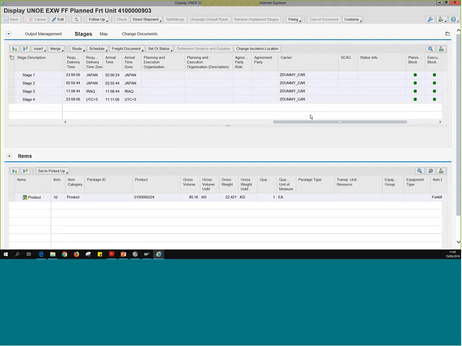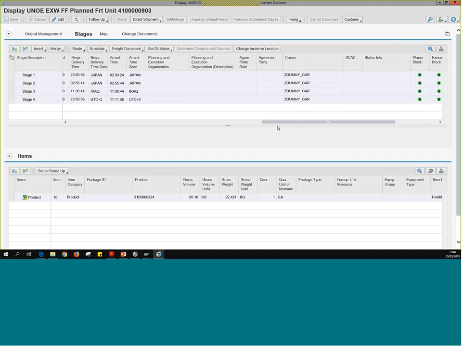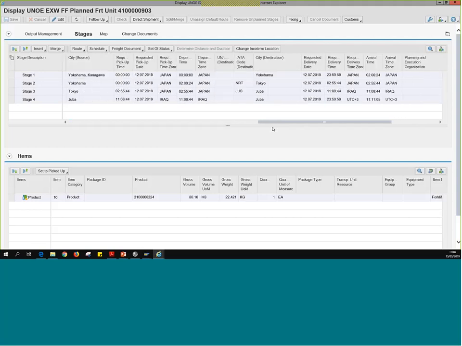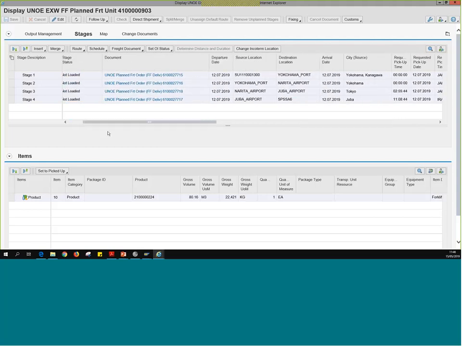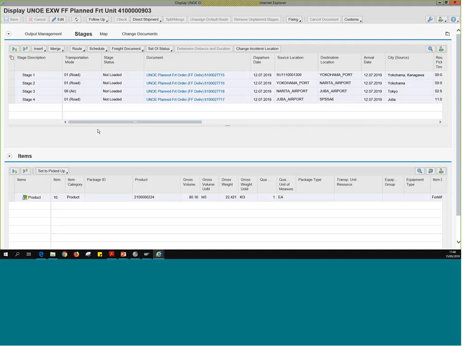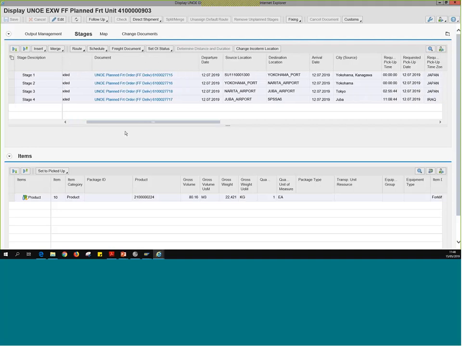And why is that? Because we still haven't assigned a freight forwarder yet, right? We still have to create the shopping cart for the freight PO and get it approved. Once we have that information, we'll add the freight forwarder and we'll see how this changes. Okay, so right now, all we have is just the legs planned and the freight forwarder. So all this stuff can still change. Once we added